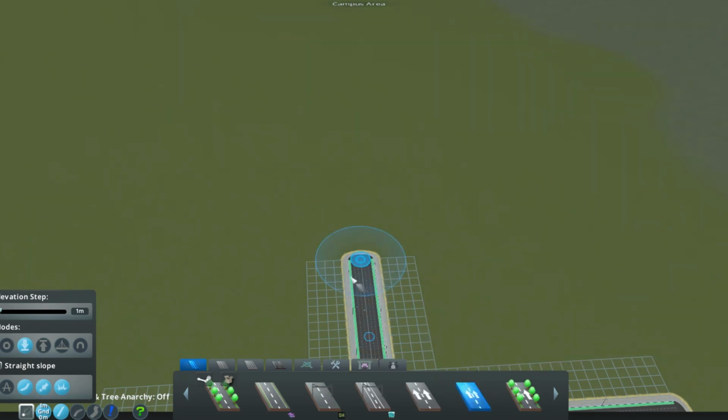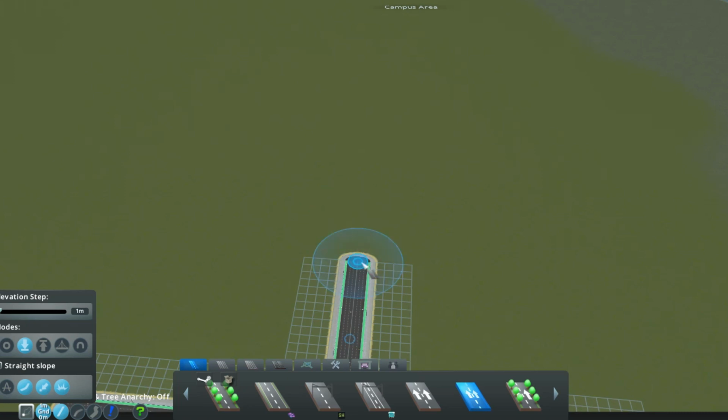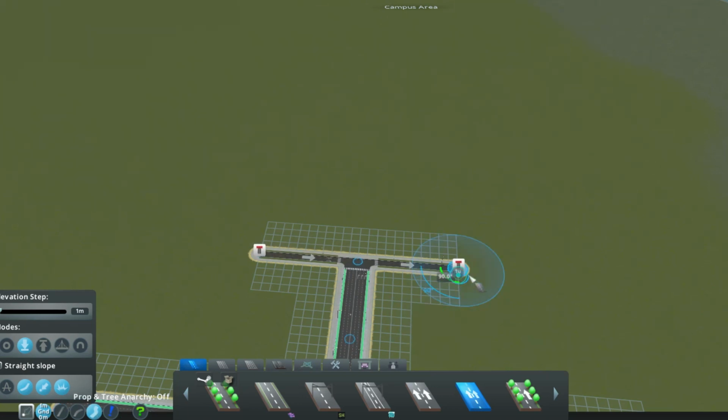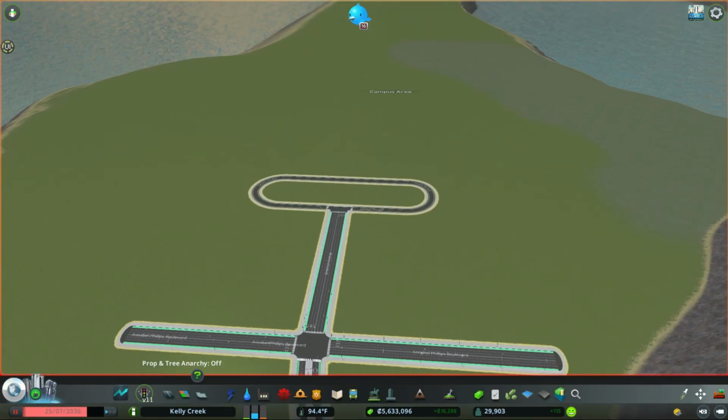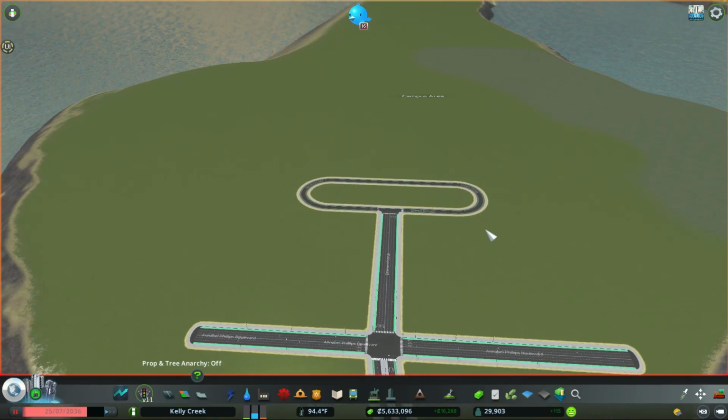So the next thing we're going to do is we're going to kind of create a one-way roundabout. Now it's not really going to be a roundabout, it's going to be kind of a weird oval. So essentially I'm going 550 by 550, and then I'm going to try to turn the roads as best as possible. So I'll fast forward it so you don't have to watch me struggle. So give me 1 second. So now that you see that I'm done struggling with trying to make an oval, a pretty good oval shape,